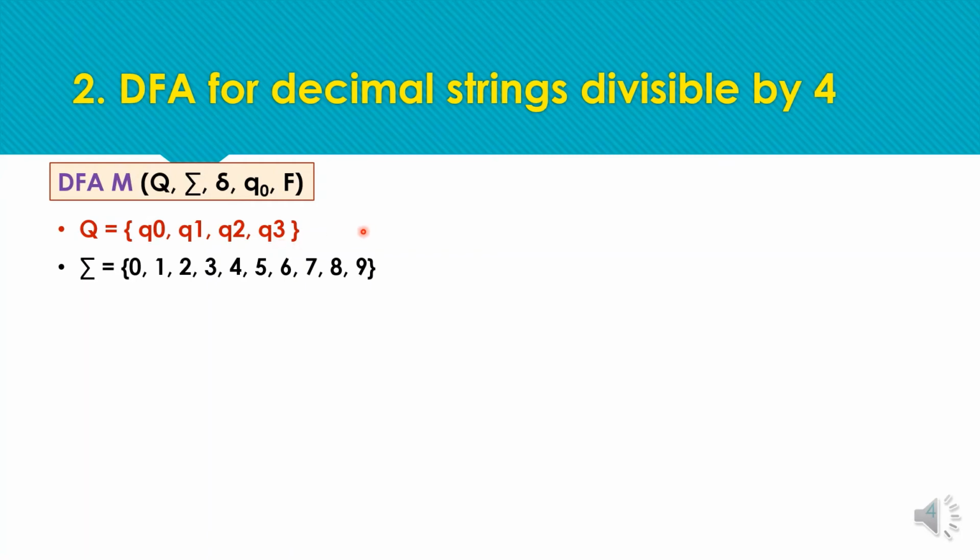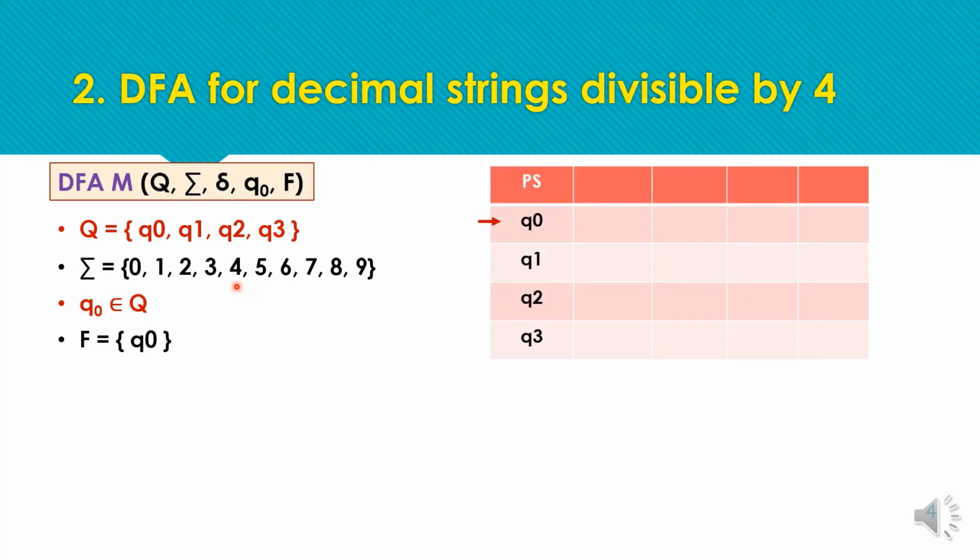Okay. So we have to mark the state as the possible remainders. Secondly, we have to divide the inputs according to the remainders. So as the possible remainders are 4, the inputs is going to be divided into 4 sets, for remainder 0, for remainder 1, for remainder 2 and for remainder 3. So initial state is Q0, also the final state is Q0, like in the previous example. So while constructing, we are going to construct the table first.